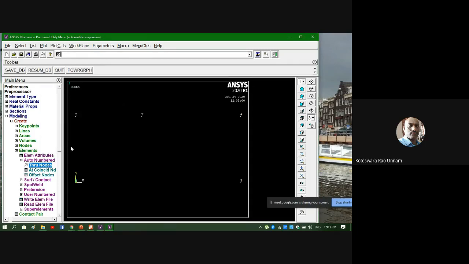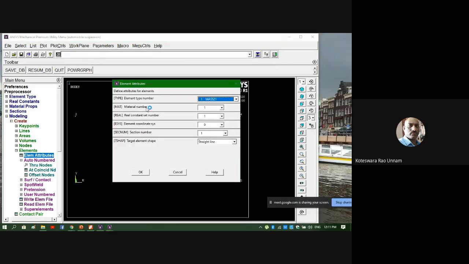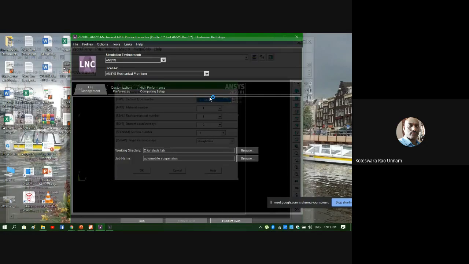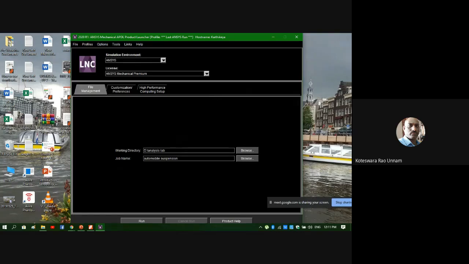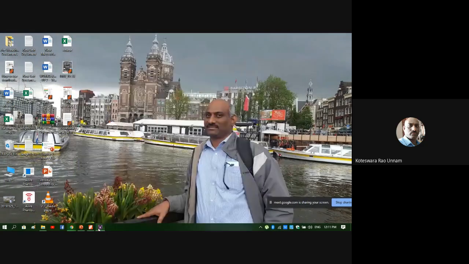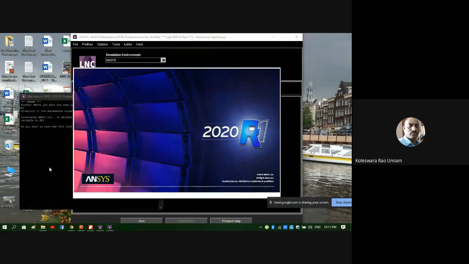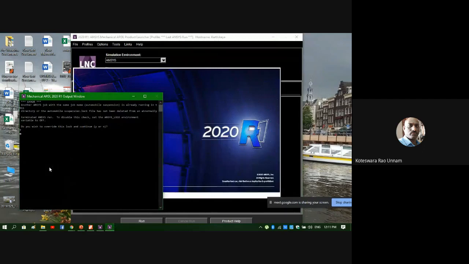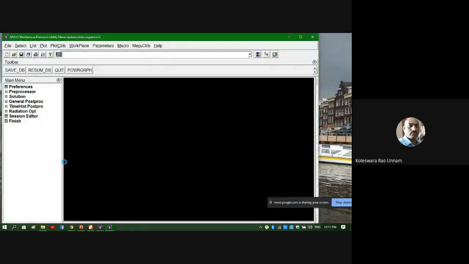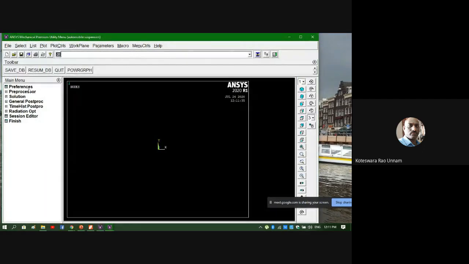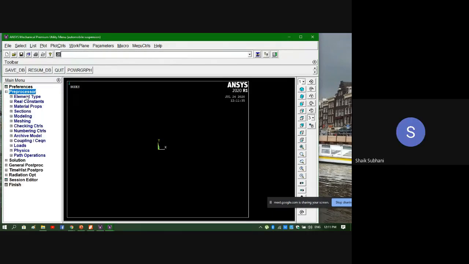Then I want to define those 2 springs. First I'll take up the front suspension. For that, first the element type for the spring. Shit, I think it was closed by mistake. I don't know why, it crashed, not closed. It is crashed. So again, okay, I will do it quickly up to that point again.